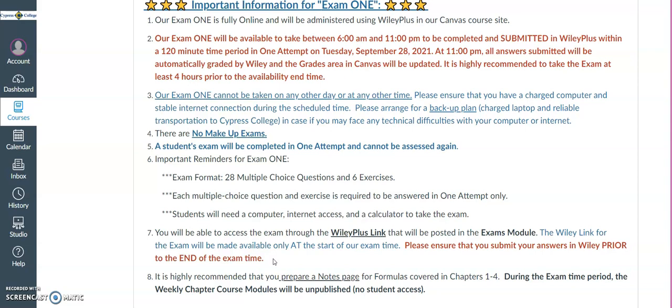So it's important to enter the exam as soon as the start time begins in order to allow yourself the maximum time allowed. It is highly recommended that you prepare a notes page, especially for the formulas covered in chapters 1 through 4. This is not intended to be an open book, open note exam. You need to prepare for this exam in order to address all of the questions and exercises within the time allotted.